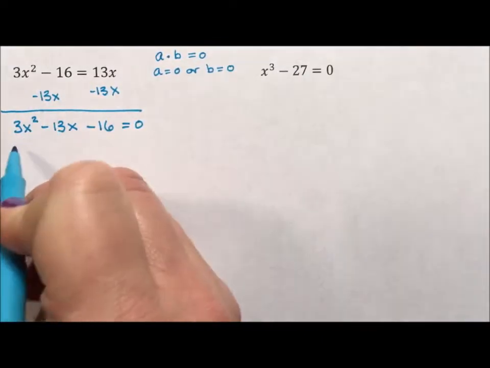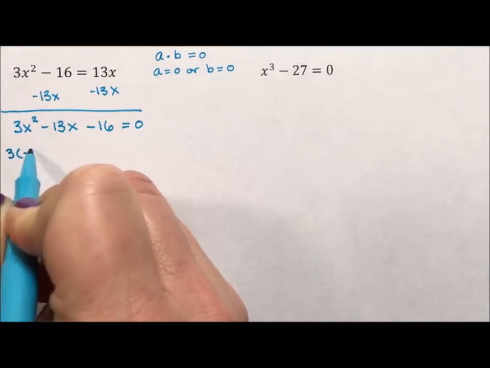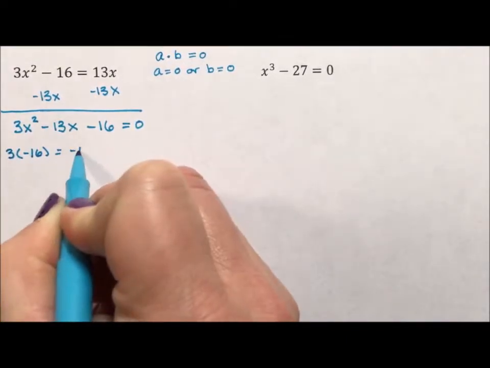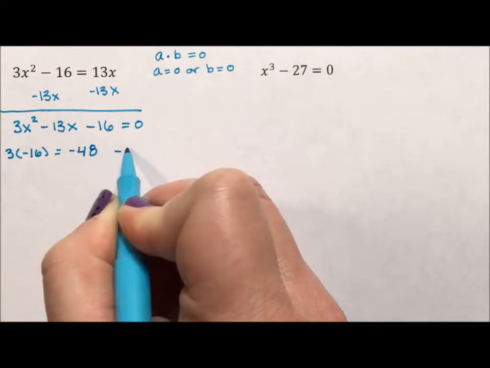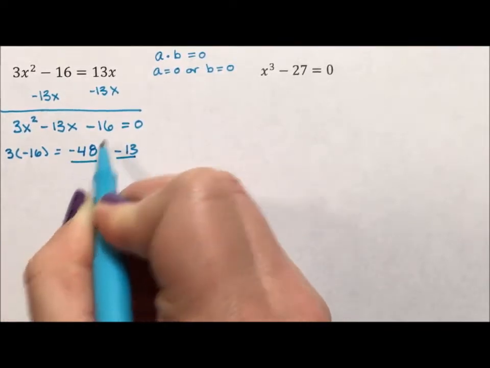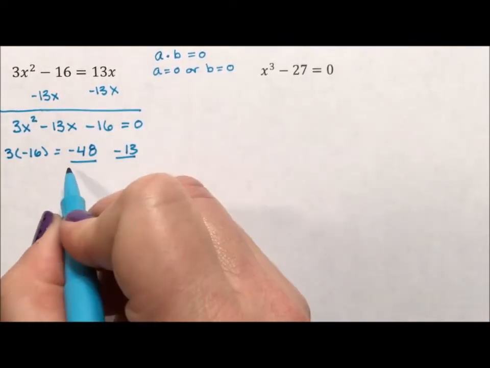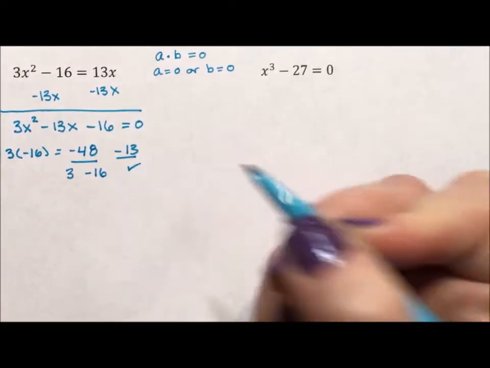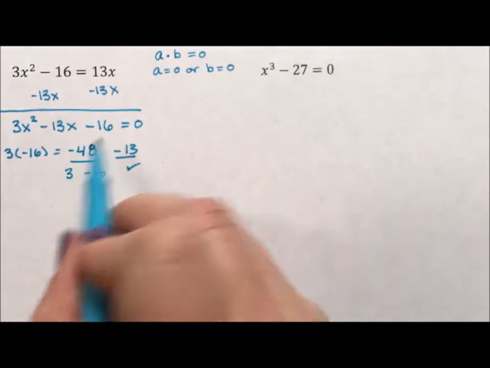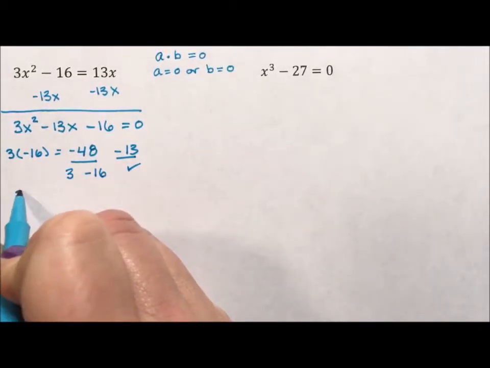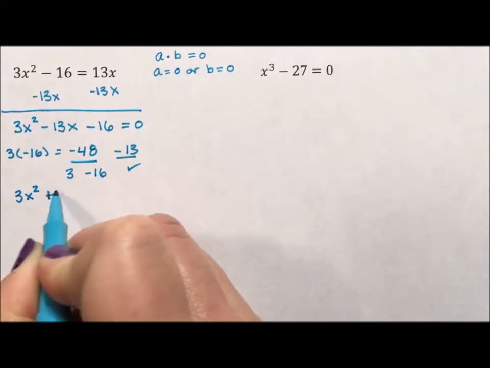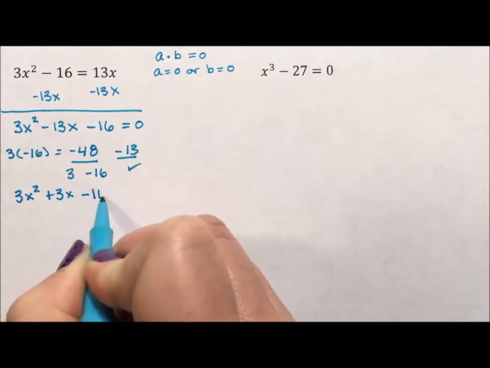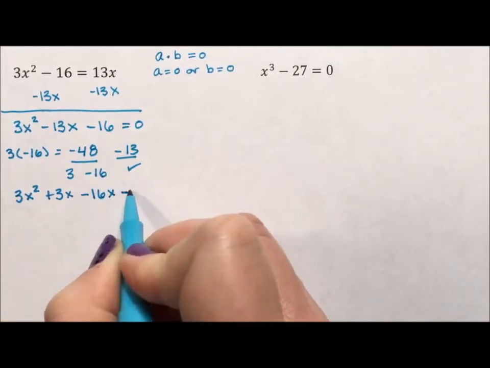Okay, to factor this, I need to do AC. 3 times negative 16 is negative 48. I need two numbers that multiply to negative 48 and add up to negative 13. Well, if I look at what I just multiplied together, 3 times negative 16 is negative 48 and also adds up to negative 13. Okay, so 3x squared plus 3x minus 16x minus 16